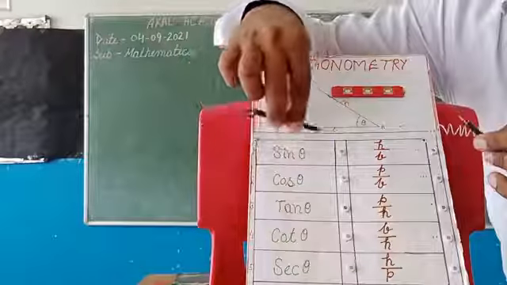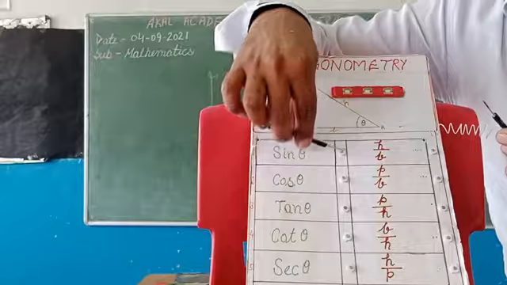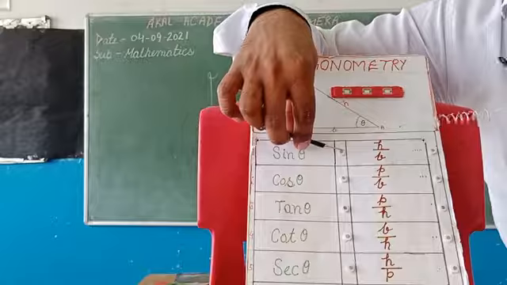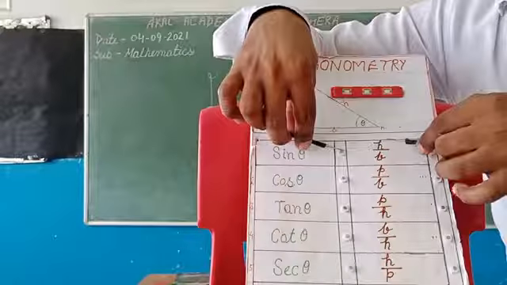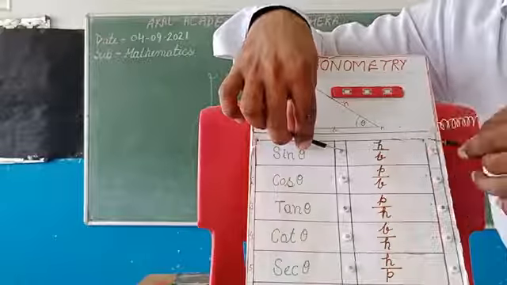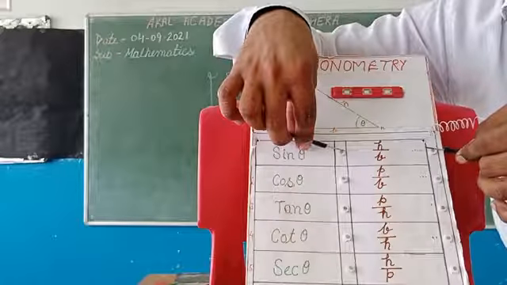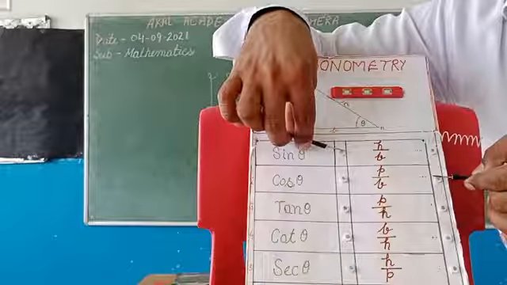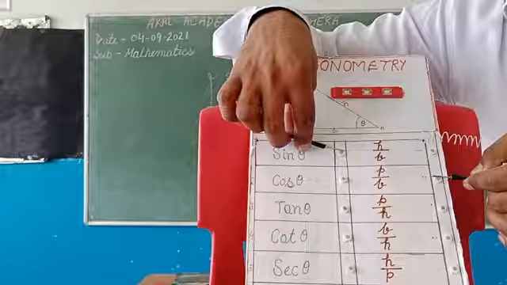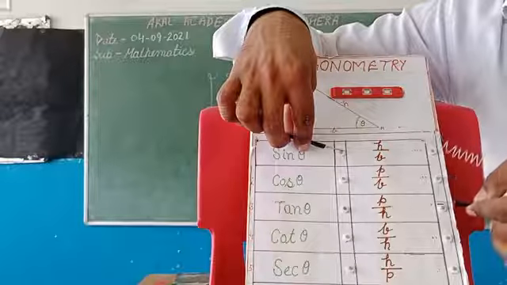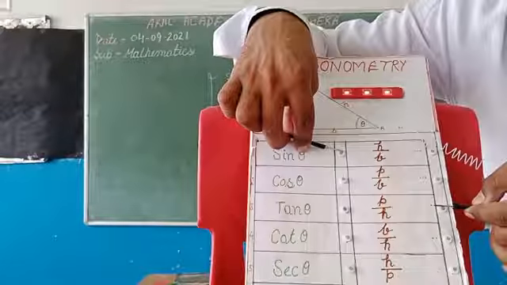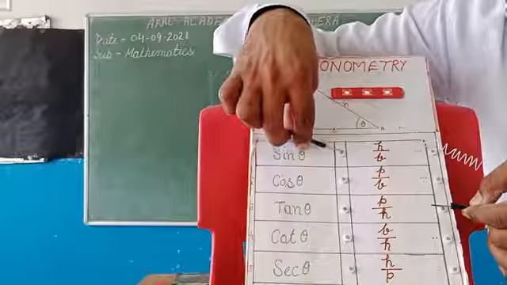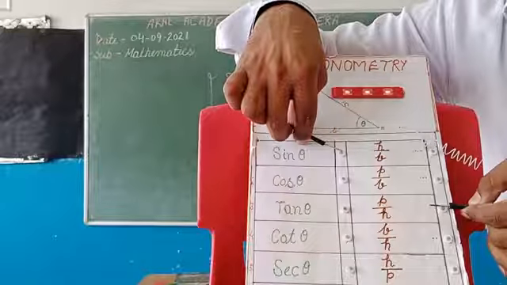If you want to find the value of sin theta, then put this needle on sin theta. If your answer is correct, then the light will flash. So check it. I am putting it at H by B. The light did not flash, so our answer is wrong. Now next, P by B. Here also the light did not flash, so this is also wrong. The third one is P by H. You can see here students, the light flashed. It means the correct answer for sin theta is P by H.